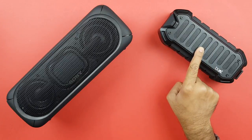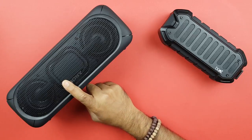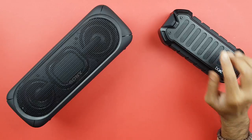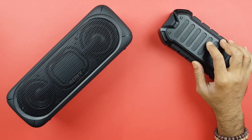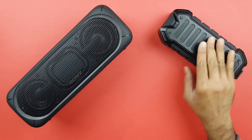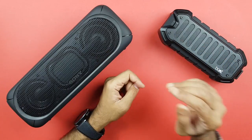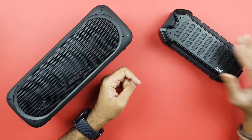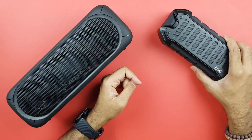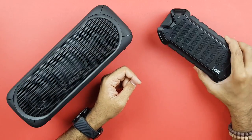I got this for 2,500 bucks. I got this for around 12,000 bucks, a little less than 12,000 bucks. For its rugged design, its sound quality, its quality of bass, I would say only if you were comparing between these two, then value for money, and if your budget is restricted, you would definitely pick this up because it's much more rugged. It offers better water resistance, it's lighter,